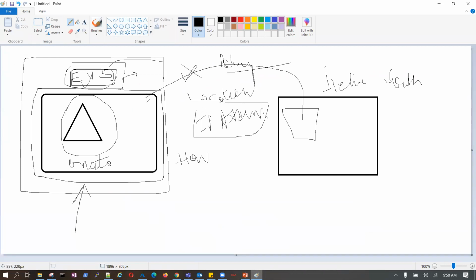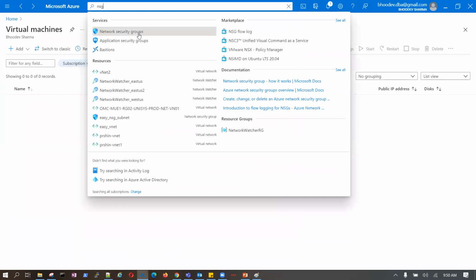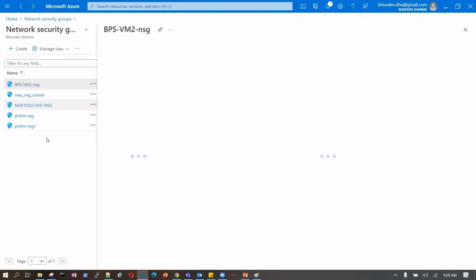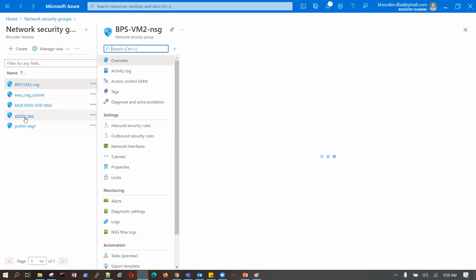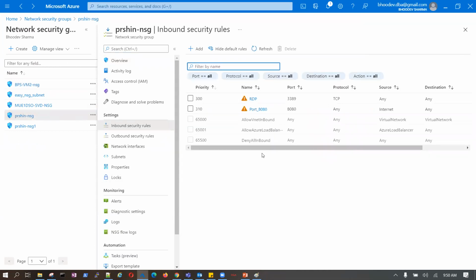Coming to your question about the IP firewall, the answer is yes. Now, if any NSG, network security group, is there, let me look. This is my NSG, right? So all have an NSG. I will take this Prashant NSG. Now this is another control. But in this control, wherever this particular security group is applied, only there will the control be put, right?